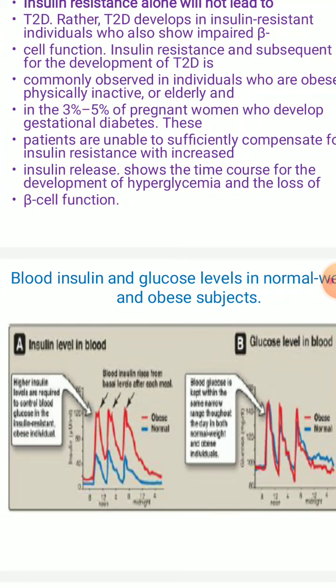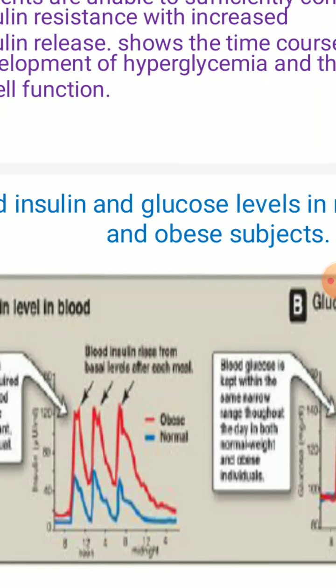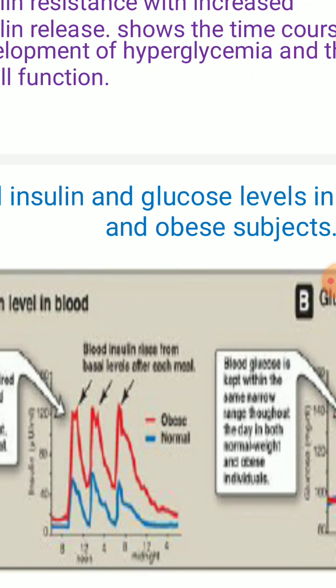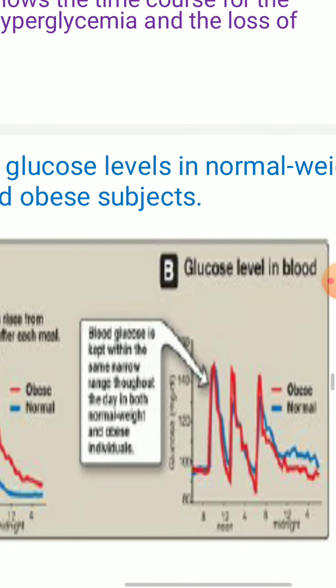So the insulin level in the blood, what will be the curve you can observe here, right? In the case of obese and normal, the blue line is indicating the normal, and the red is indicating the obese. In obese individuals, you can see the blood insulin has higher basal levels, this red line in the case of obese individuals, right? This will be the condition we can observe for insulin level in the blood,